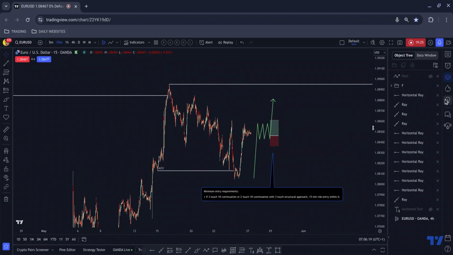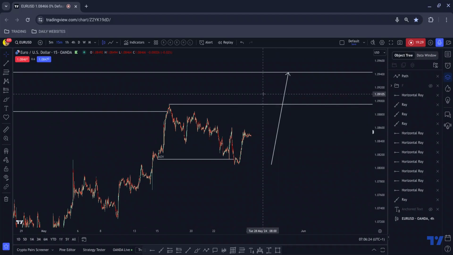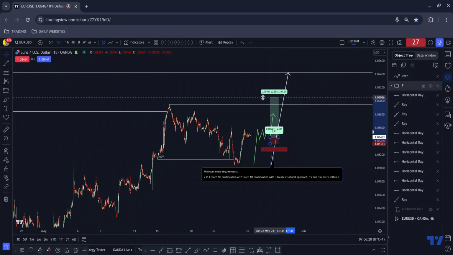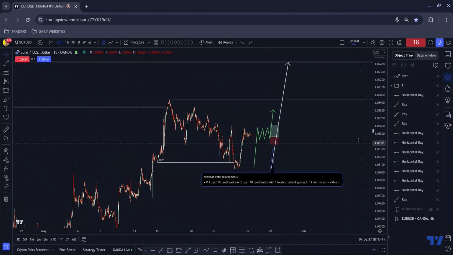if I can move the screen, there we go, move the chart. I'll be targeting that high up there, okay, and that would give us something in the region of about 9% to work with, and I would mechanically manage that again using the mechanical management tool. So that is what I'm going to be looking for today, folks.